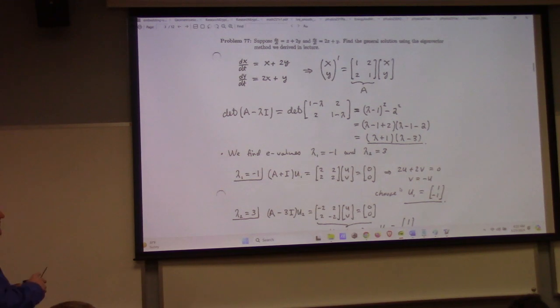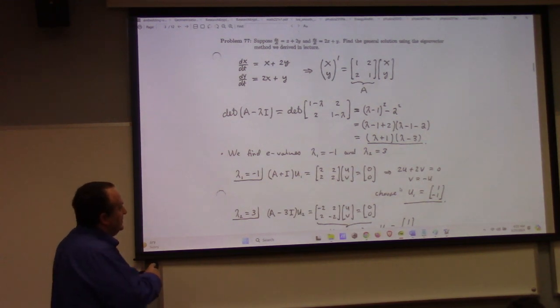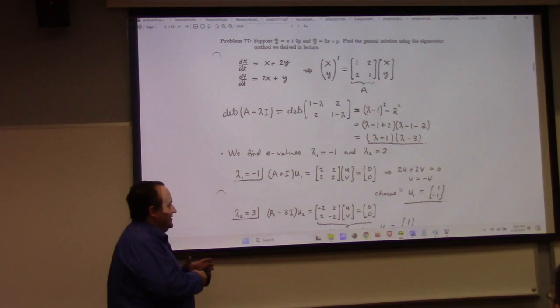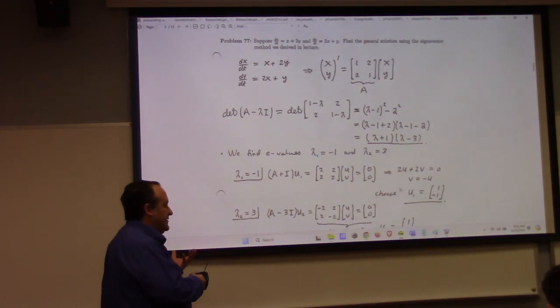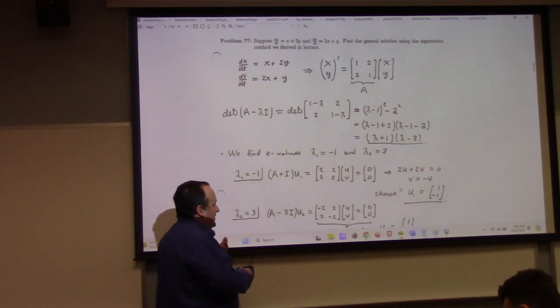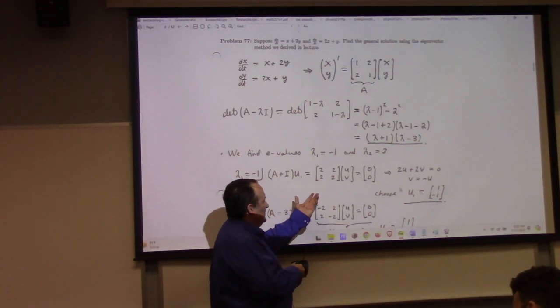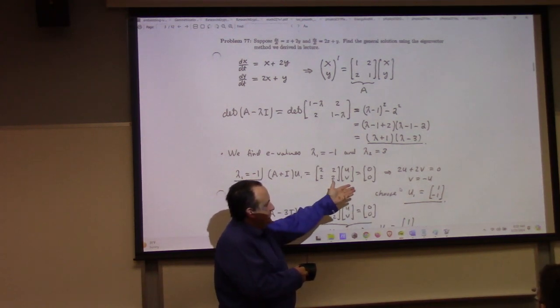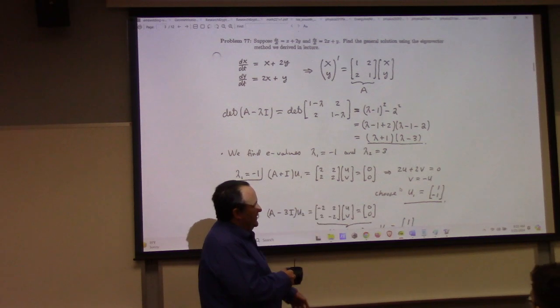So let's see here. I calculate the characteristic equation. We find eigenvalues -1 and 3. And then I found eigenvectors. At the moment, you'll see at least three different ways I find eigenvectors in this solution. This is kind of my middle of the road. I look at it and I go, duh. So there's just one equation apparently, which is 2u plus 2v equal to 0, which means v is minus u,